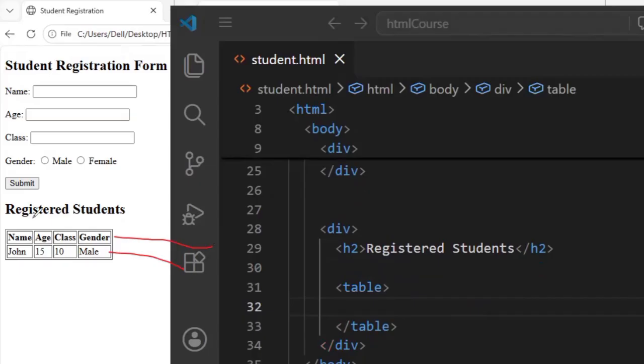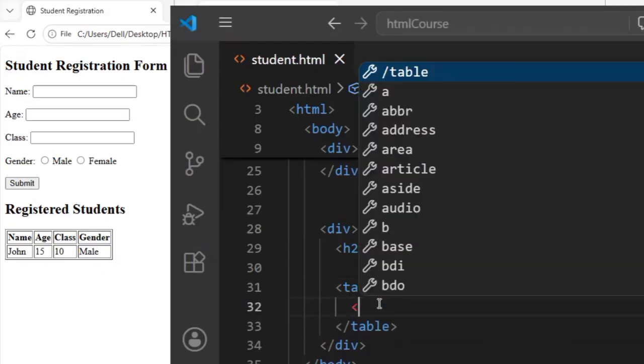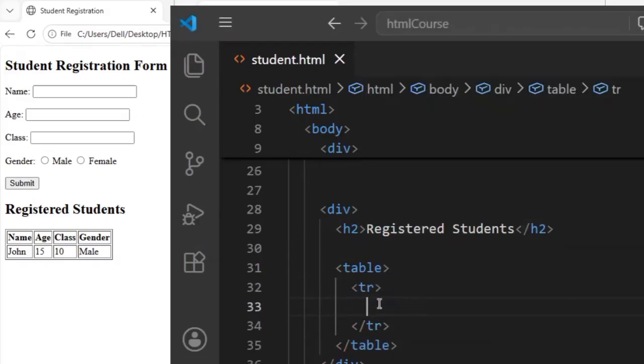Right? And here, name, age, class, gender, we will use th because it's the table heading. Here, John 15 10 male, we will use the table data tag because those are related to table data. Okay. So first let's code the first row. We usually code row by row. So let's open tr and th,